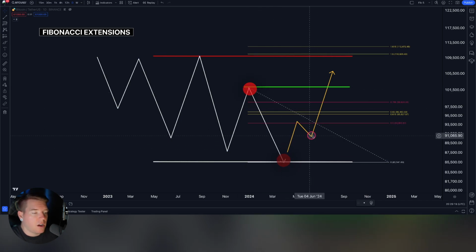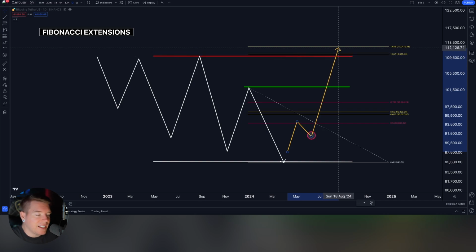We have here marked out our potential entry, and now we get our first take profit. Again, the golden ratio, the 0.65, 0.618 is the first target that we have. We have a potential second target, the 0.786. And once we're breaking through that, the next target would be here, the prior lower high, to create a higher high. And that potentially can go all the way up to our resistance level or even beyond that into the extended golden ratio, the 1.618 or the